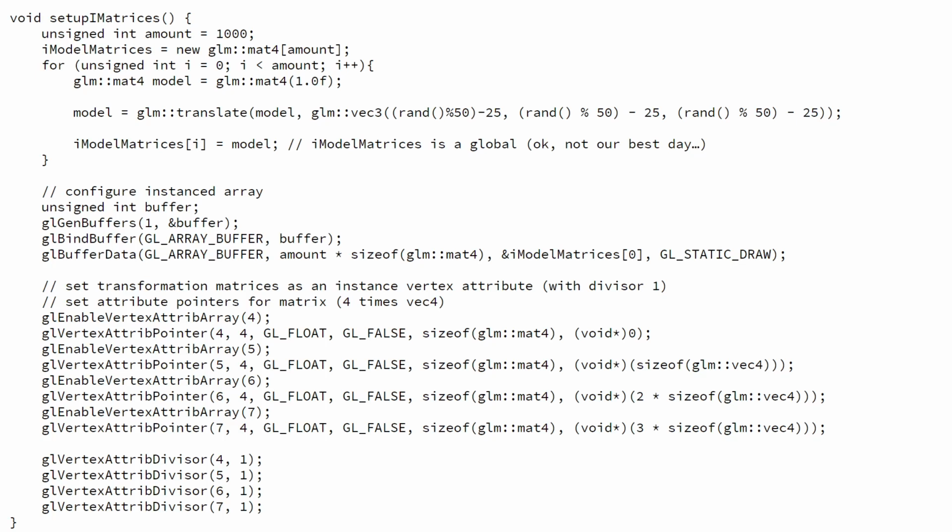Whereby we're basically going to tell it we're creating 4 different attributes, each one being a vec4 part of that 4x4 matrix. Right? So we set up a single array buffer, we tell it how big it is, but then we put values in a piece at a time there. Right? So we wind up with attribute pointers 4, 5, 6, and 7 that have the values in there.